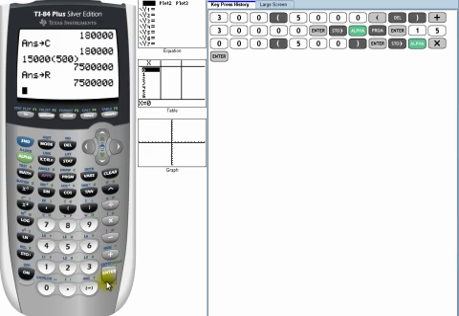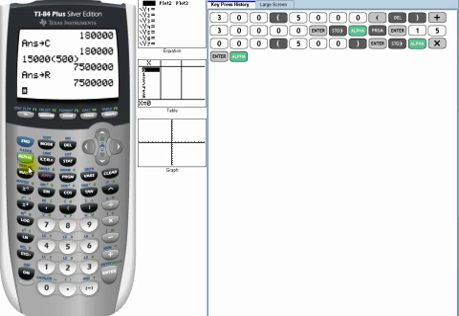Alright, this brings us to our last calculation, and here we want to calculate the profit. Well, if you know anything about cost and revenue functions, you can find the profit by taking the revenue minus the cost. Well, rather than hunting back through calculations to find those values, we can simply say, well, I know